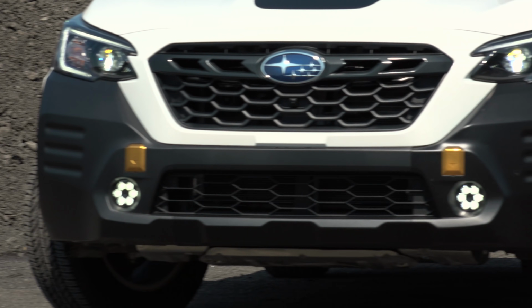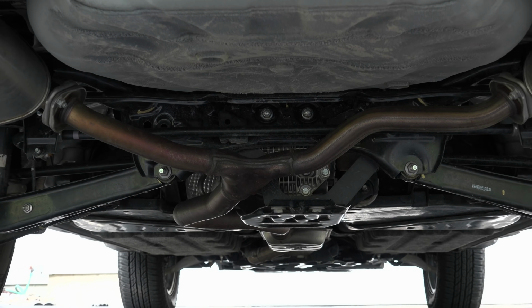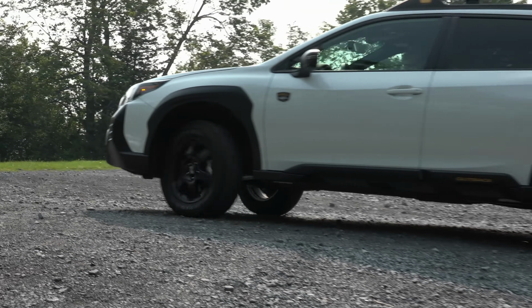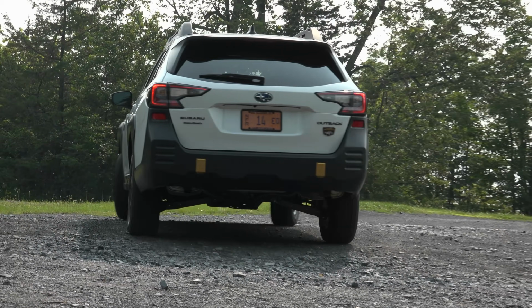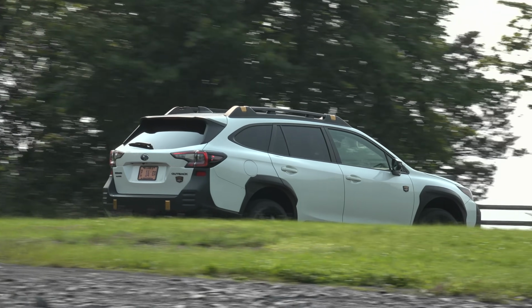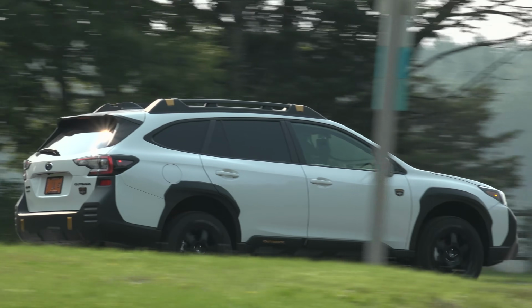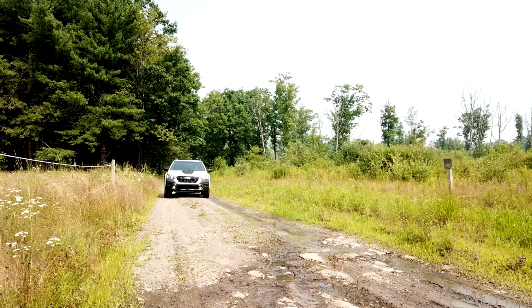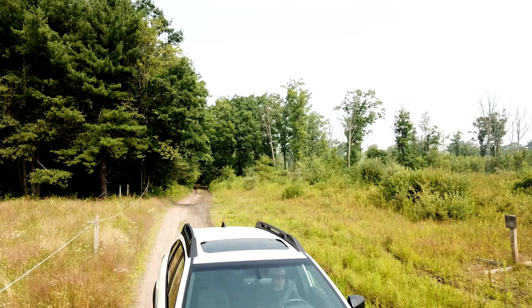And though there's only one skid plate in the front, a differential guard is available as an accessory. Speaking of which, there are 73 accessories available here covering pets to bikes and everything in between. You can even still get a CD player if you wish. But all of the enjoyment I've found off-road and in this Outback's design gets a wet blanket thrown on it